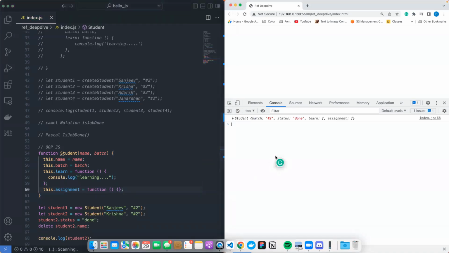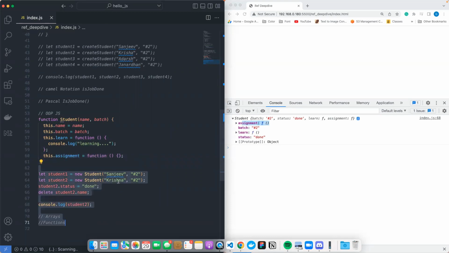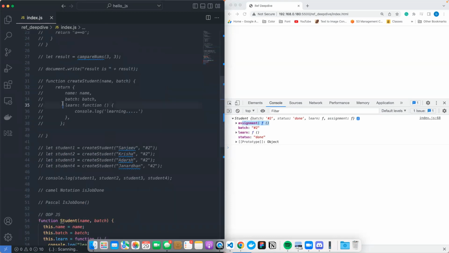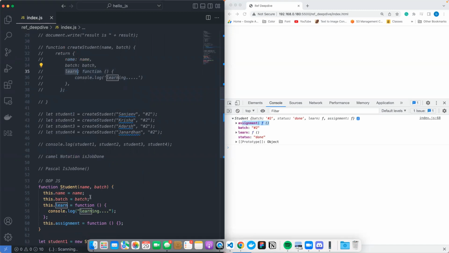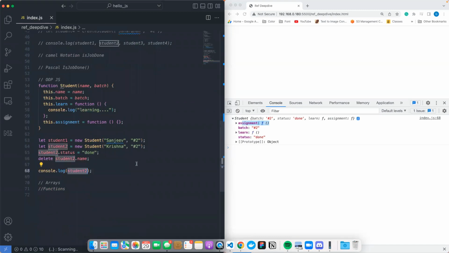I get to see that assignment is already being rendered into individuals. Once you define it, you can reuse it. Okay, you might ask me, Ganesh, I can do the same thing in factory function. I can simply have one more property like assignment, and I have another function. Yeah, you got it, you are right. But